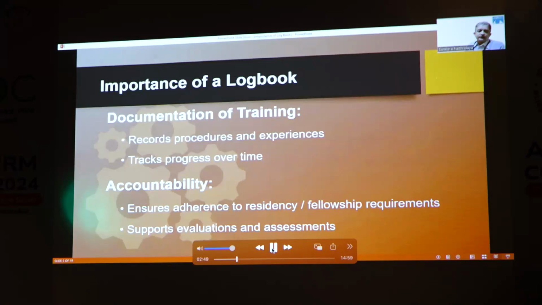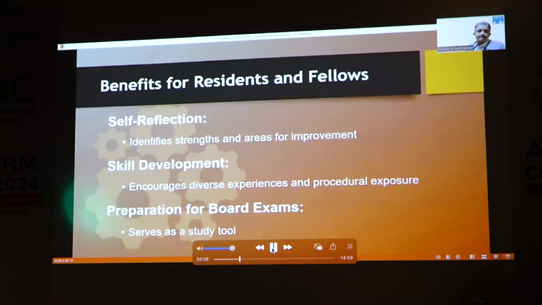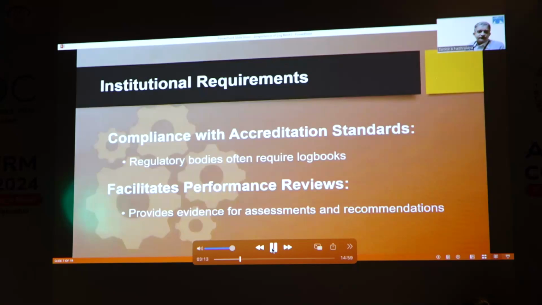It also brings about a sense of accountability, so that each institute which has its own protocols and do's and don'ts, this would in a way help in monitoring that one adheres to the protocols of the organization, and in turn would help in the assessment of the individual. As I said, there could be institutional requirements, especially if this program is conducted as a part of a university or the DNB or any other accredited bodies. They would like to, at the end, monitor the uniformity of training across all the centers and across all the individuals or the candidates. And that's why there is a regulatory requirement of the